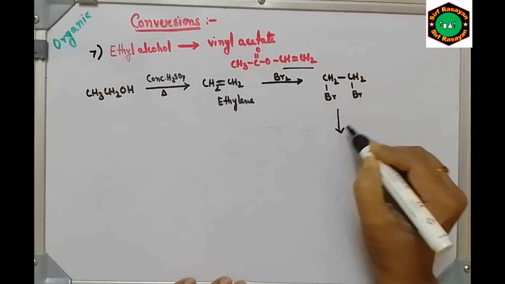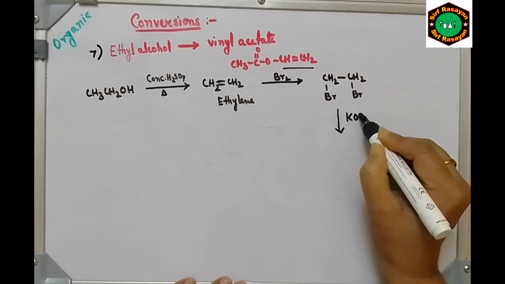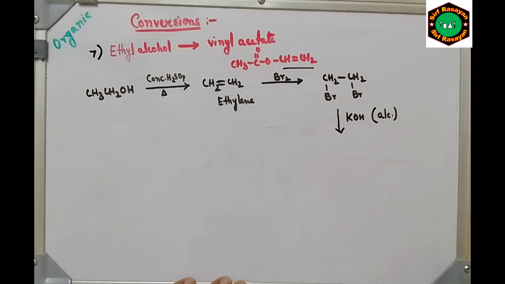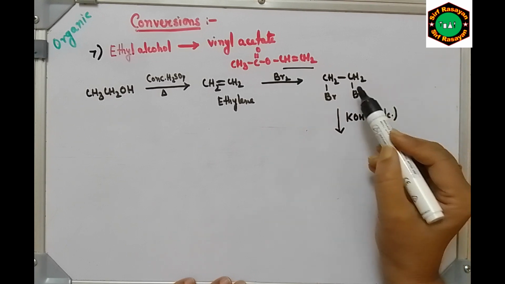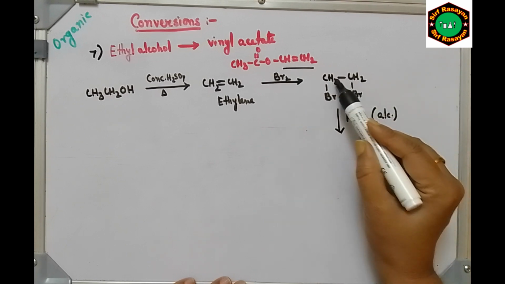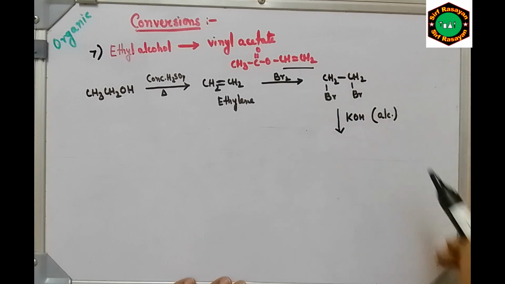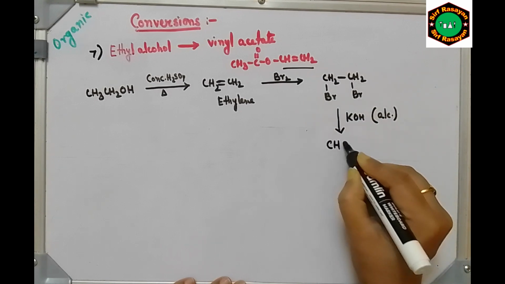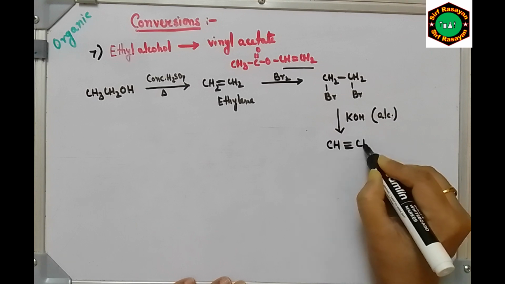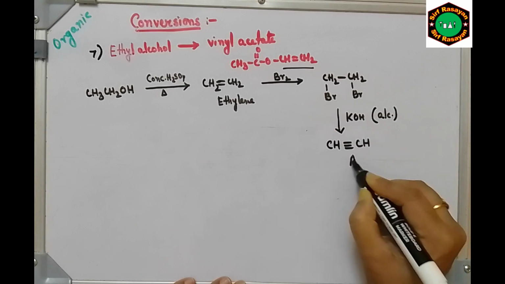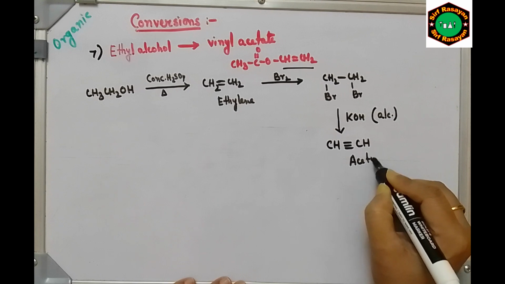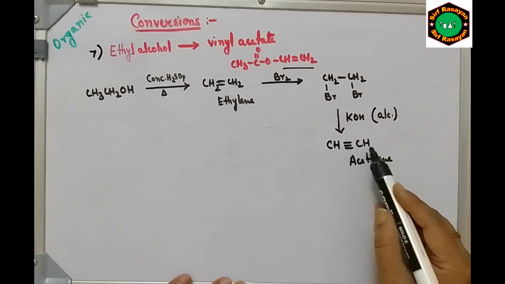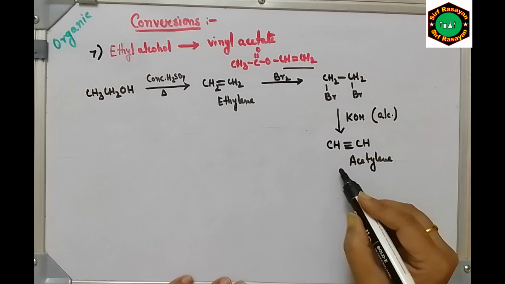Now if you treat it with alcoholic KOH, dehydrohalogenation will take place. HBr, HBr. 2 HBr will go and we will get acetylene molecule or ethine. Acetylene or ethine we can get. Now if you treat this compound with acetic acid in presence of mercuric salt,